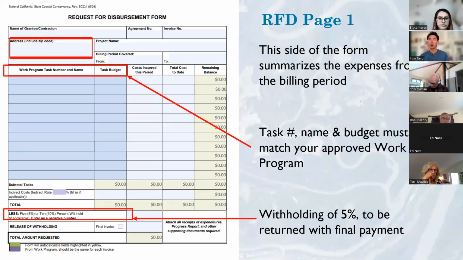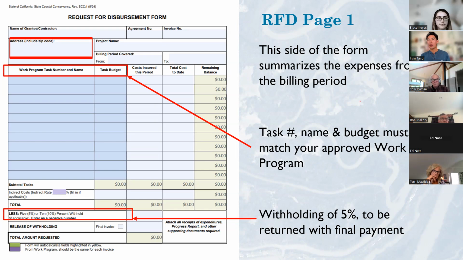So first page of the RFD. So there are a couple of things I want to highlight on the RFD. So first, starting from the top of the page, we have address that I circled in the red box. So the address that you enter on the RFD should match the address that was submitted on the STD 204 form. And that's a payee data form that I went over earlier. So make sure that those addresses match. Otherwise, we won't be able to send the